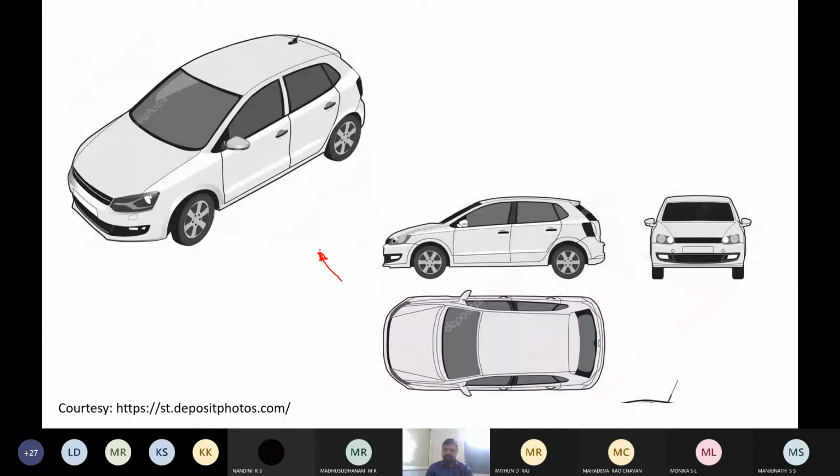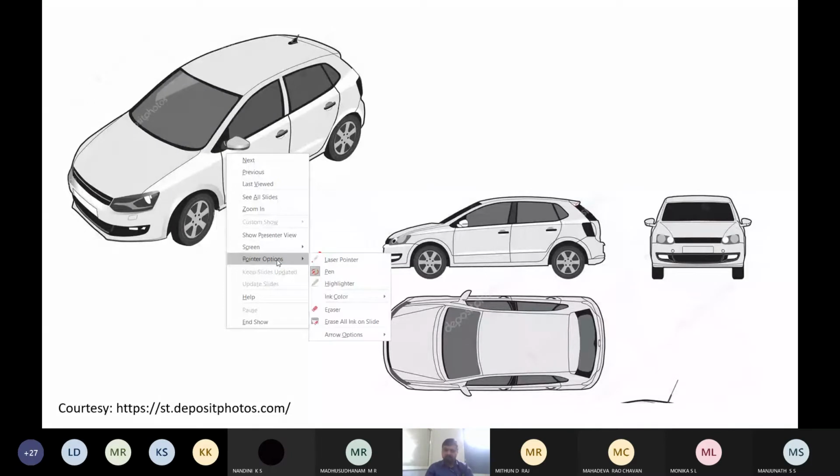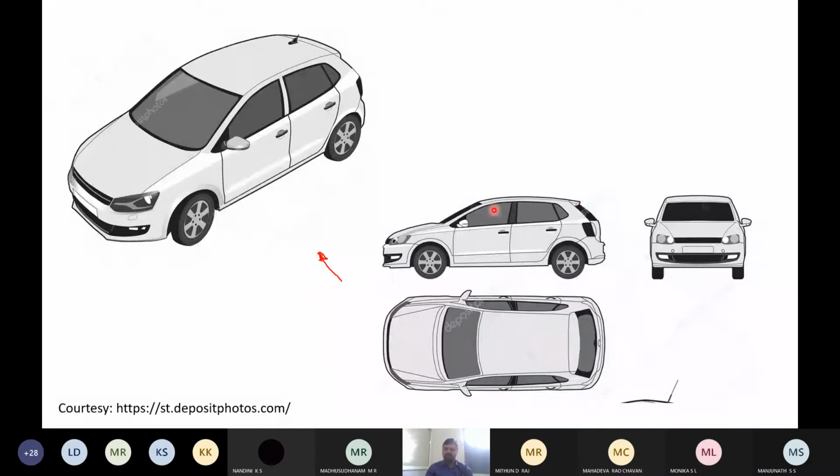Next, what details can you see, if it is a three-dimensional representation? In this view, how many dimensions are visible to you?